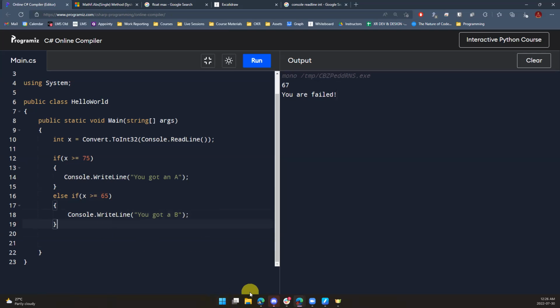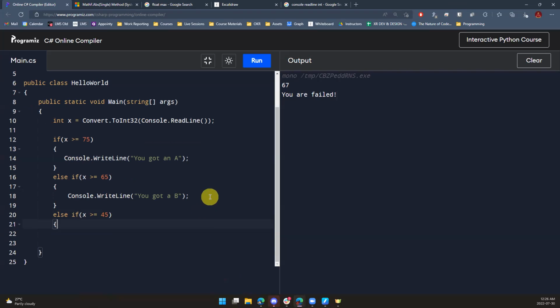So just like that, I can say else if x is greater than or equal to, let's say, 45, then I can, just try to understand the pattern. It's pretty simple. You can see, it's very organized. It's divided into different chunks, right? Else if x is greater than 45, then I can say